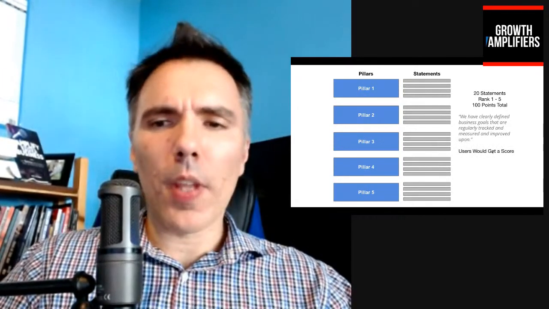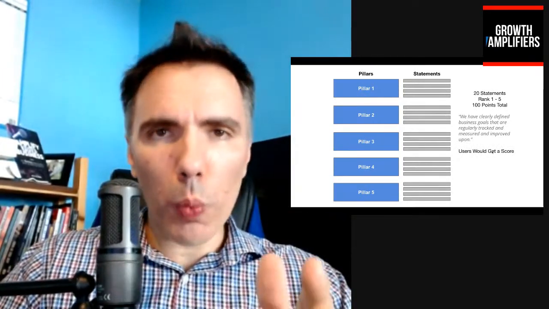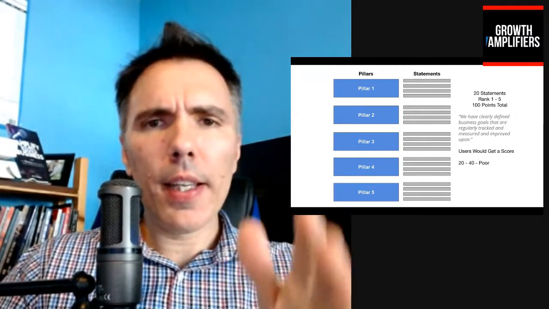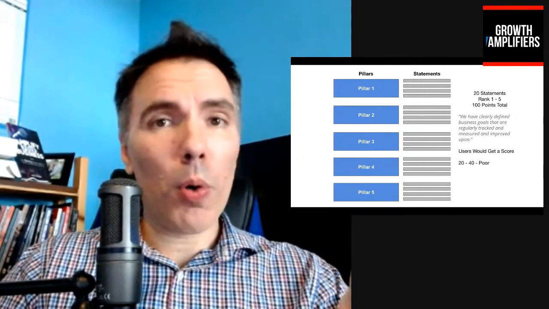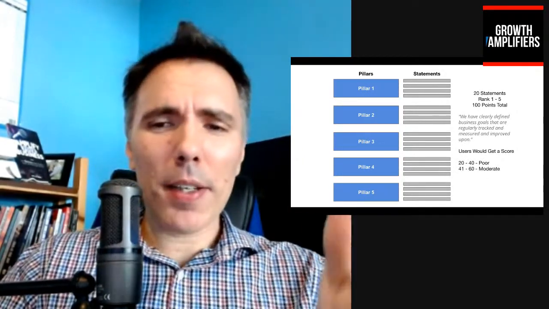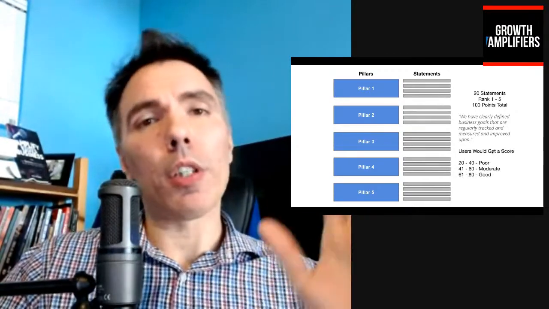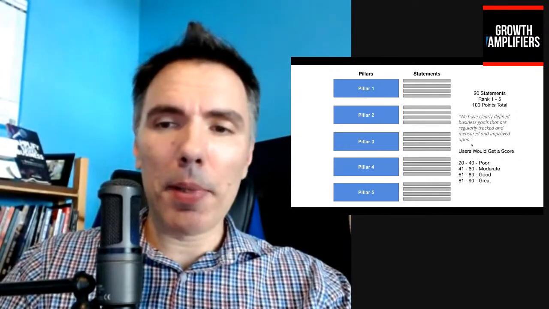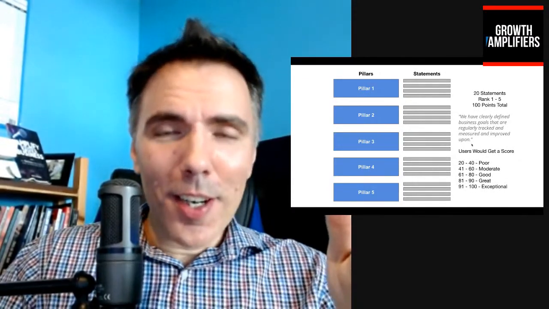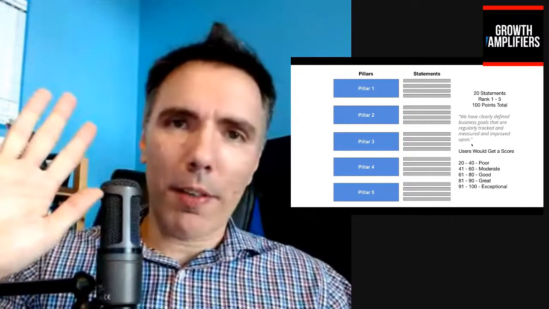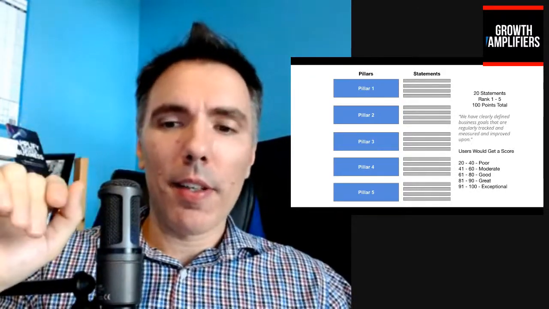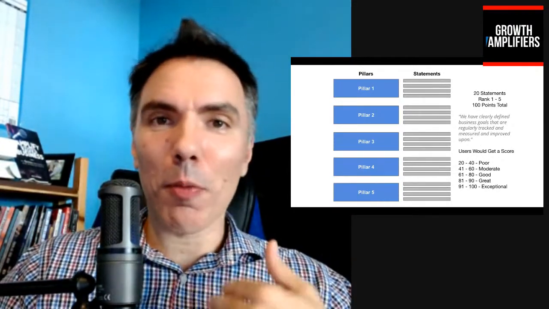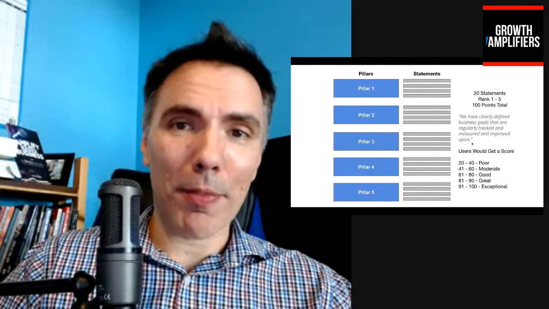All right, so when people fill this out, the users will get a score, and you would get a score as well. And you can see that if someone scored low, they might be doing poorly. If they scored a little bit better, they might be doing okay. A little higher, they would be doing good. They could be doing great, and in some cases, they may be doing exceptional, right? So if they feel like they're doing a 5 on each of these statements, then maybe there's not really a way that you can help them out. But in most cases, from what I've seen, there's always an opportunity to amplify.